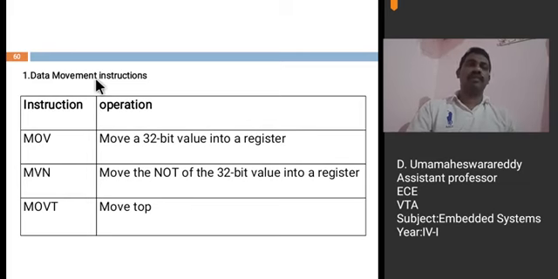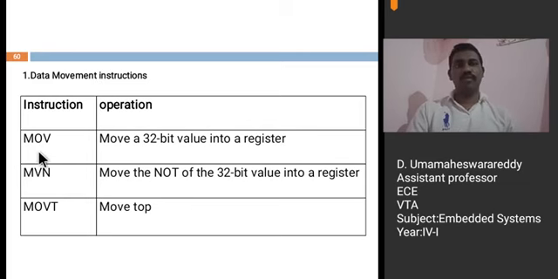Data movement instructions are move, move not, and move top. These three are the data movement instructions. See, move instruction is one which moves a 32-bit value into a register. It will move a 32-bit value into the destination register.